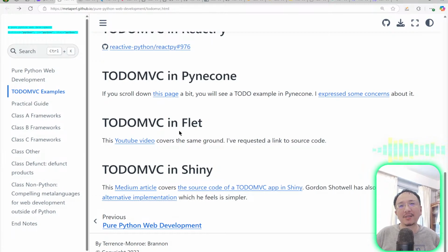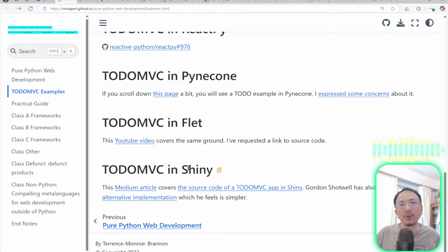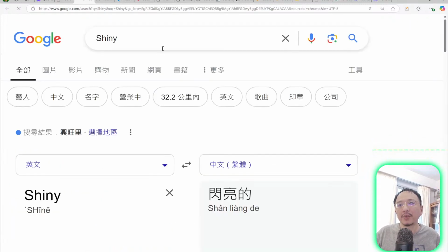Here is a Flet example, and here is a Shiny example. Okay, Shiny is another library I didn't mention. It is based on the R language. It's very popular in the R language. It is more focused on data science and can be used for things like deep learning demos. So if you are coming from an R background, if you like R, you probably can use Shiny in Python also. If you go to the Shiny web page,